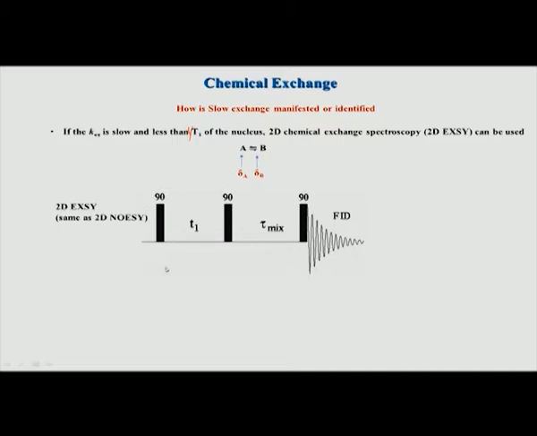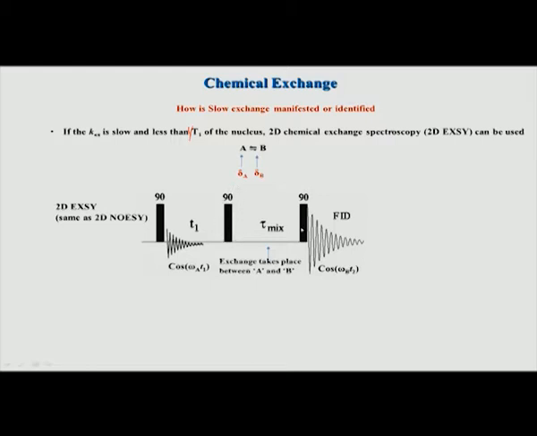So, what will happen when the exchange is slow? Let us see mathematically. Suppose I do a first excitation pulse. Then this pulse, let us say, excites the spin state A. Then during this t1 evolution period, A will evolve with its own chemical shift. Okay. So, that is t1 evolution. Then with this pulse, we bring the magnetization of A to the Z axis. If you recollect the NOESY part of this course, we saw that this can bring it to either minus Z or plus Z. So, let us say it is in some Z direction.